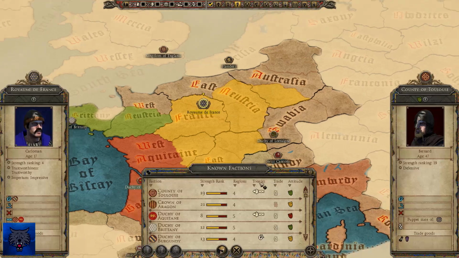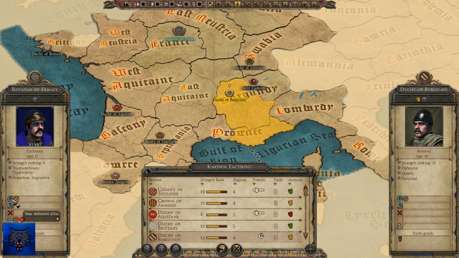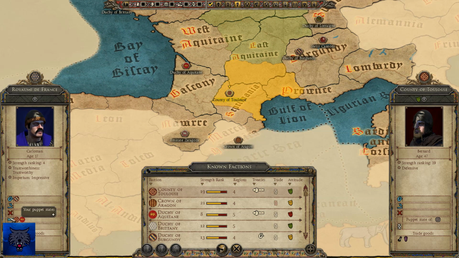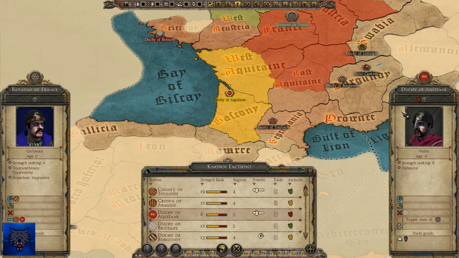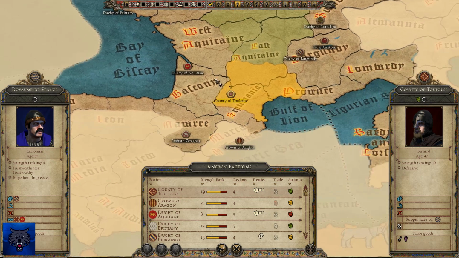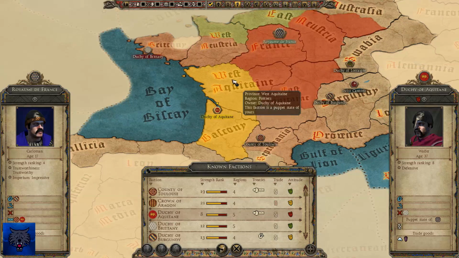Okay, guys, let's dive into diplomacy. So, we currently have a defensive alliance with Burgundy. We have a puppet state with Toulouse and also with Aquitaine. Now, Aquitaine hate us for whatever reason. 225 broken treaties. That's insane. I've done nothing except start the campaign. So, what we're going to do